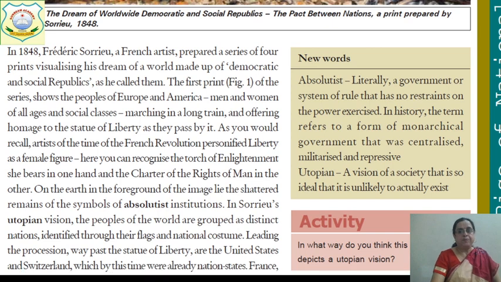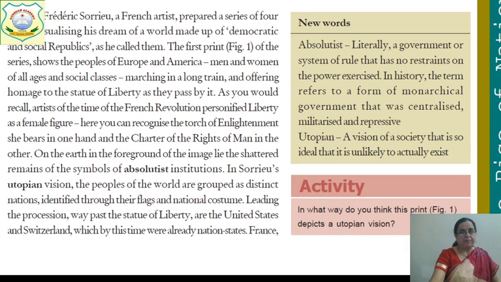Okay, so the first print of the series shows the people of Europe and America, men and women of all ages and social classes. They are marching in a long train and they are paying homage to whom? The Statue of Liberty. Then the Statue of Liberty is personified as liberty, as a female figure. So the torch of enlightenment she bears in one hand and the Charter of the Rights of Man in the other. Okay. Then on the earth, in the foreground of the image, lie the shattered remains of the